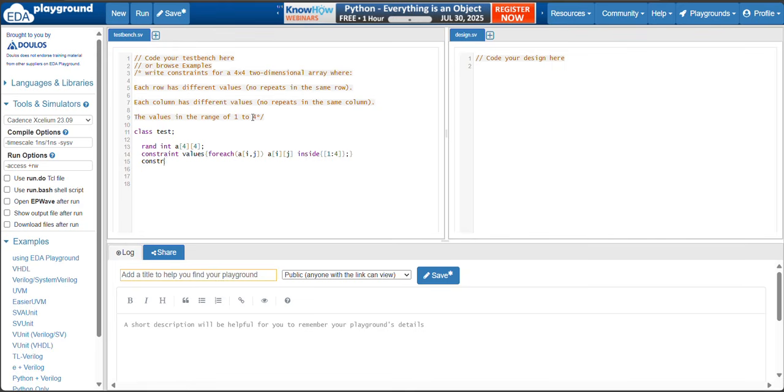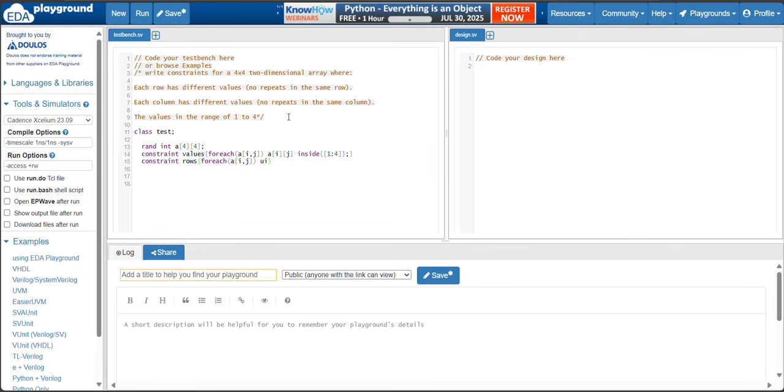Now, second constraint. Constraint rows, foreach a of i comma j. What they mention? Each row has different values. You can use the unique keyword here.